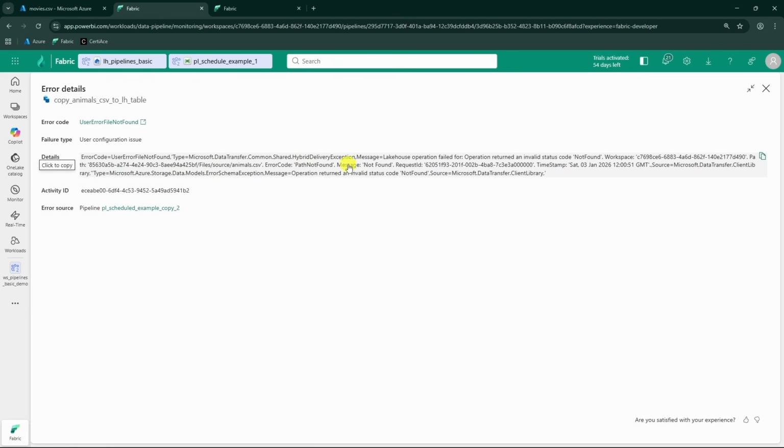This error message can seem a bit scary at first, but these are actually quite easy to read when you get the hang of them. Of course, it depends on the source what kind of error message you will get. But basically, if we check the error code here, it says UserError file not found, and it says lakehouse operation failed for operation returned an invalid status code NotFound. So basically this indicates that the file was not found. So, path not found message here. So we tried to find